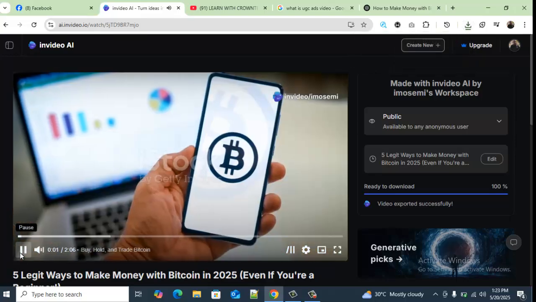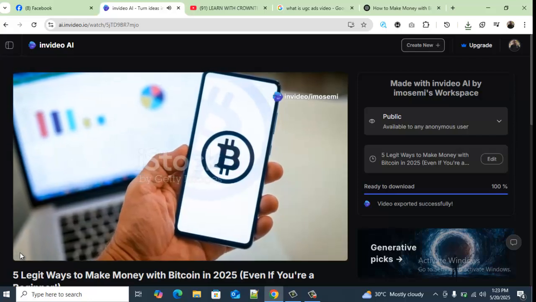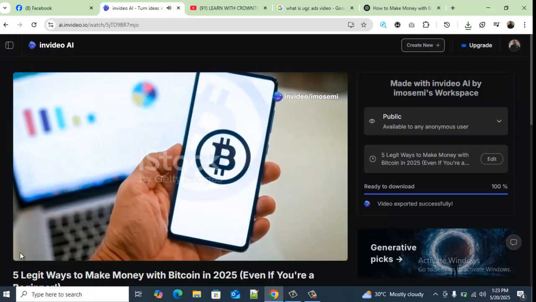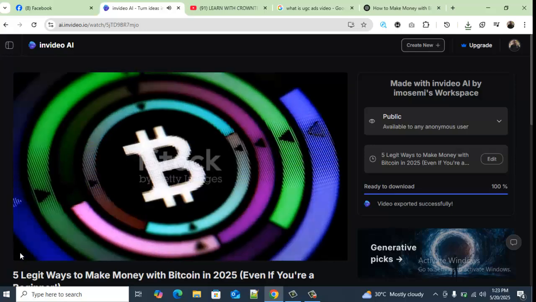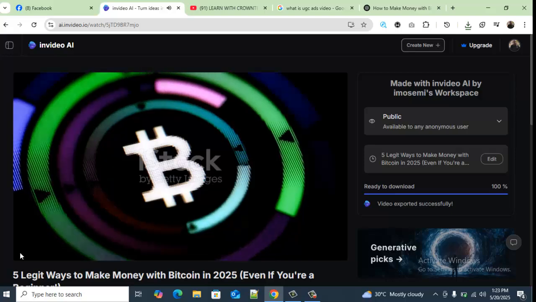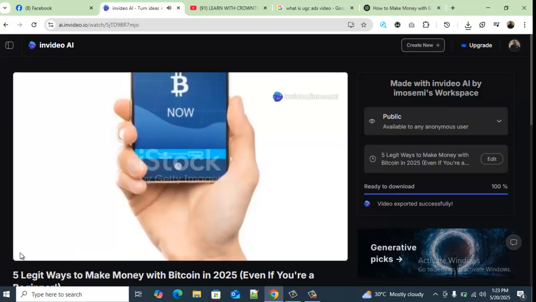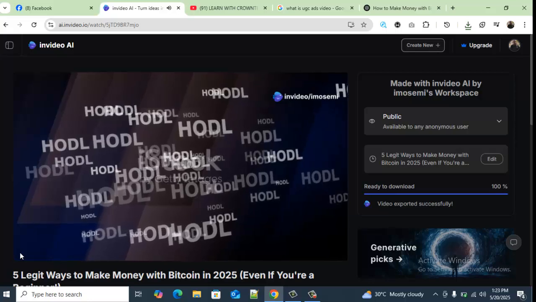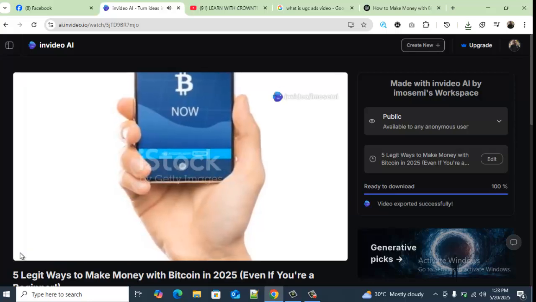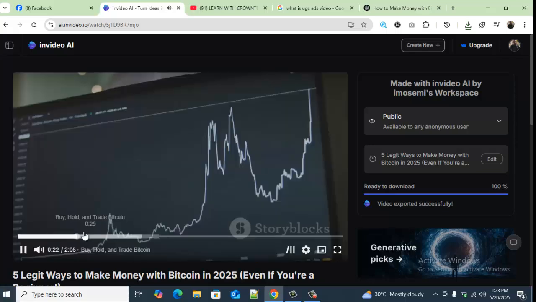Let's see. Hey there. Want to know how people are actually making money with Bitcoin So in you can see 2025? this is something AI is doing for us. Well, Most stick of around us cannot because in just actually 3 do minutes this I'm going to ourselves. show you I 5 see legit it ways to make edited money the with video, Bitcoin, put a even lot if of you're a things complete into it, beginner. and this First up video is can the actually classic method, convince buy and people hold, to aka start hodling. crypto. So You this is buy okay. Bitcoin when the price is low and just So wait. because of our Over time, let time, me pause the Bitcoin video is show and we'll continue from here next